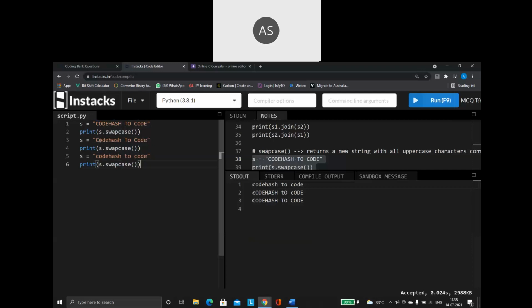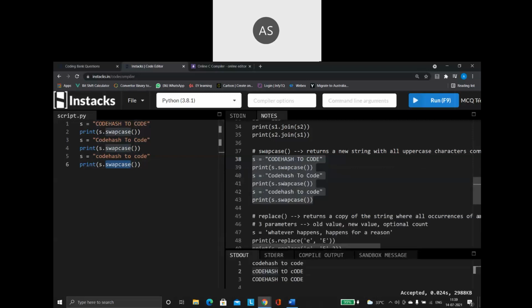So like that, character by character it will go and it will be converted to the opposite of it. See here for the second example. C is in capital case, but in the output, see how C is coming? C is in lowercase. So remember, swap case is a function that is used to change the case of the characters. For my string, each and every character, whichever case it is in, will be converted to the opposite of it. That is the purpose of my swap case function. Right, this is a pretty simple function.